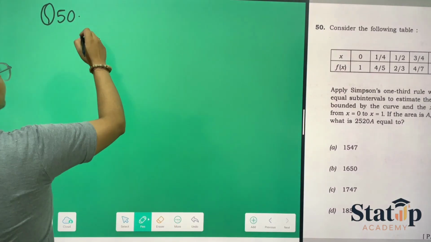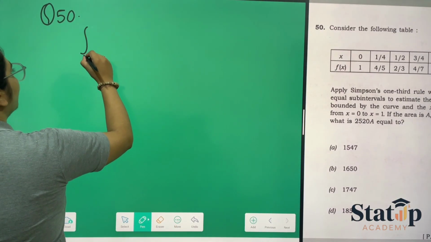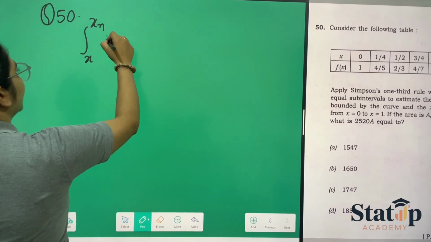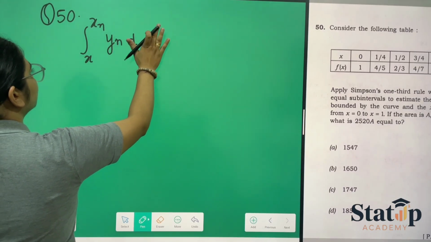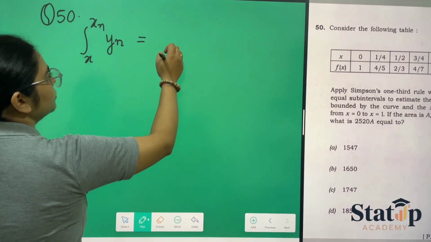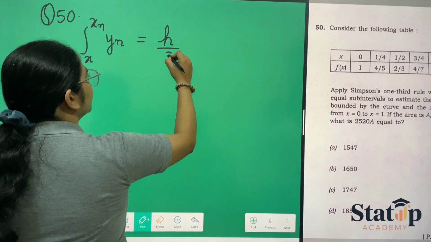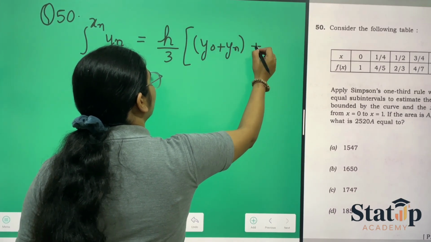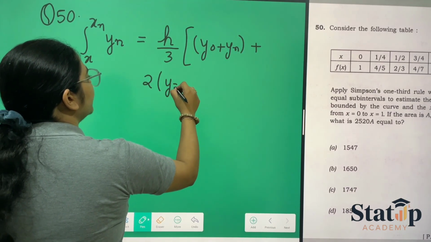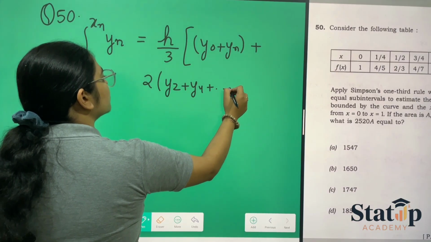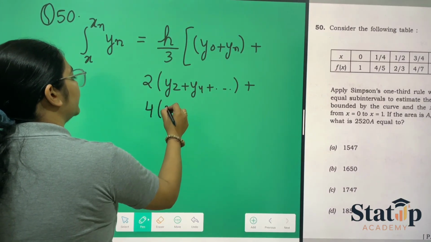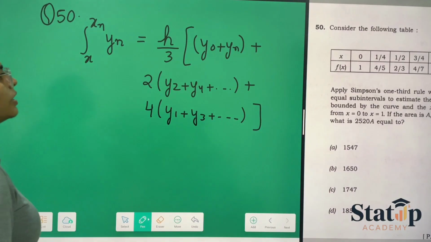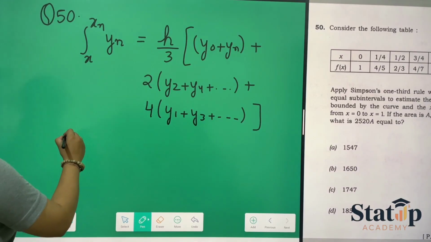The formula for Simpson's 1/3 rule is integration from x0 to xn of f(x) dx, or we can write it yn, is equal to h by 3 times y0 plus yn plus 2 into all the even terms plus 4 into all the odd terms, addition of all the odd terms in between the first and the last term. Then we can see here h is nothing but equal to 1 by 4,